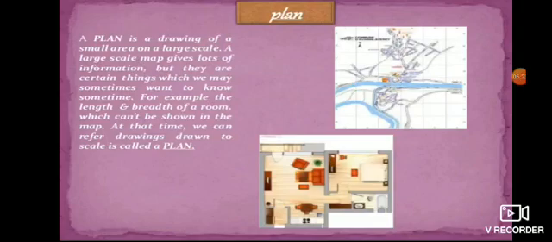Architects usually make a plan to show the layout of a house. A plan is an outline drawing of a building or a room or a small area. It includes accurate directions, symbols, and distances, much like a map. A plan gives many details, whereas a sketch gives only the main features of the area to be studied. A plan is different from a sketch because it is drawn to a scale.